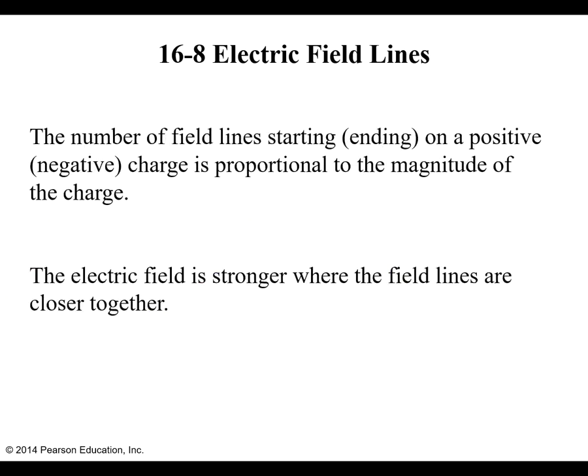Okay, so that takes care of direction. But we can also take care of magnitude. The number of field lines starting or ending on a positive or negative charge is proportional to the magnitude of the charge. So for example, if I have some charge Q here, I might have electric field lines that look like this. But if I have a charge 2Q,